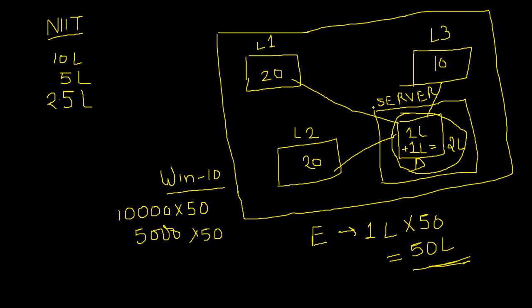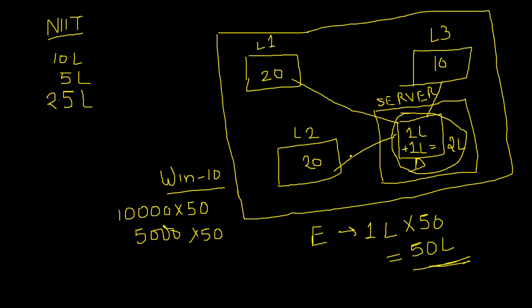Okay, so you can see that if we implement this concept, then he just wants a single copy of each original software in the server, and when he connects all the computers present in different labs with the server through a network, then what will happen? Each and every system can access the software which is present in the server. So a single copy of the software is required, and that copy will be shared by every computer. So in this way he can reduce a lot of his expense, right?